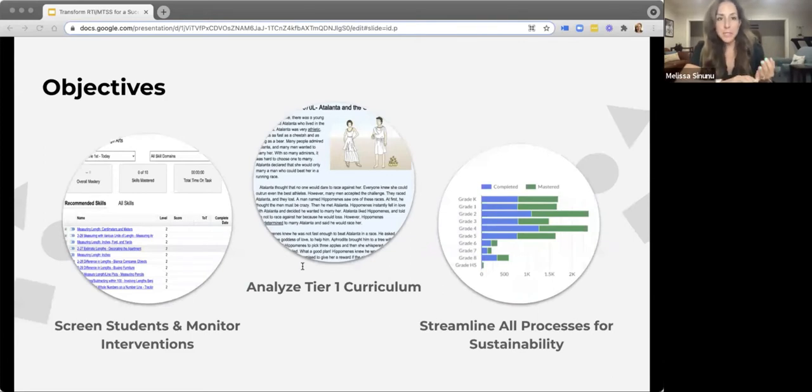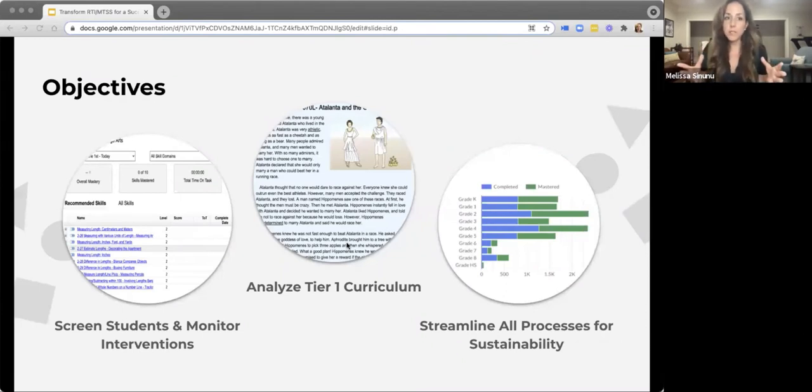So what does it look like when your RTI MTSS processes are working? All students are being screened 3 times a year, and we know where everyone is in relation to the rest of the district or the rest of the state or the rest of the nation, and that data is readily available to everyone. Then, once you understand who's performing below your targets, you have interventions in place to accelerate learning for those who need it.